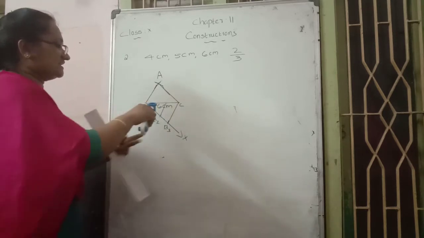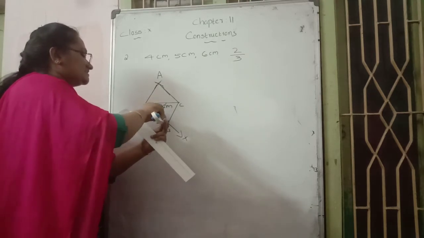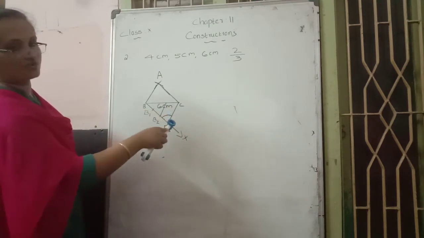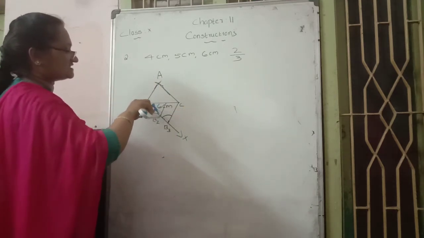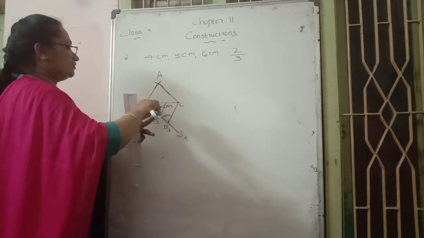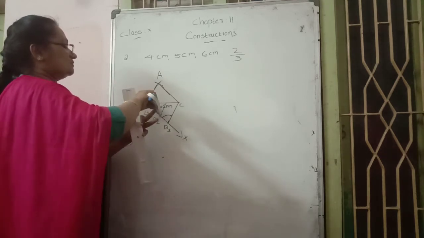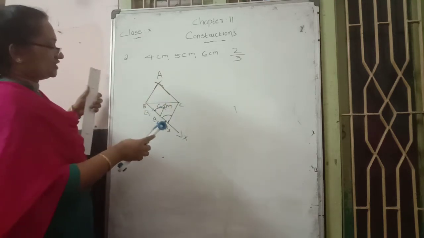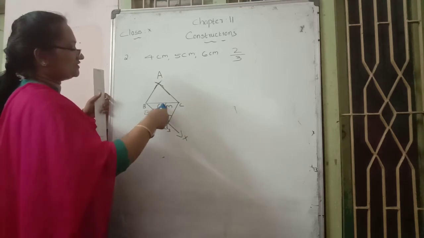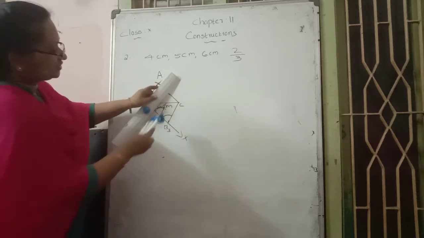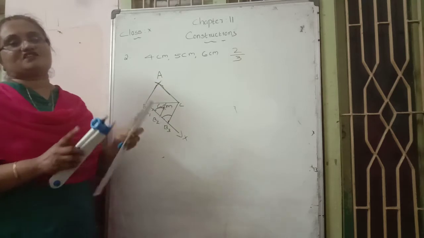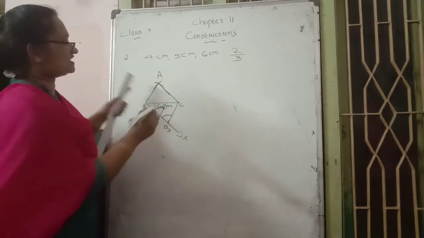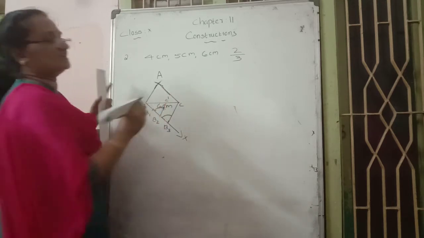In the other method, B3 as center, draw a ray like this. And B2 as center, the same ray. We want to draw with B2 as center because the numerator is 2. And through that point, we can also draw a bigger arc. They cut at this point. Through that point, join with a straight line. Then we get a part. The cutting point here you can mark as C dash.